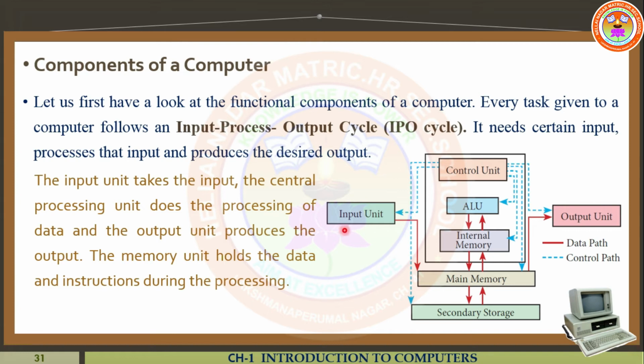So this is the input unit, and in the center, this is your CPU, central processing unit. This is called CPU, central processing unit. Then finally, the output unit. In the central processing unit we have an additional unit. We have to see them one by one. The first thing is the input unit. The input unit is used for what purpose, the central processing unit is used for what purpose, the control unit does what action, and finally what function does the output unit have? We'll see everything one by one, right?